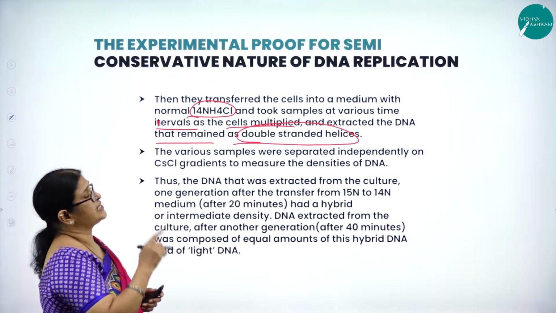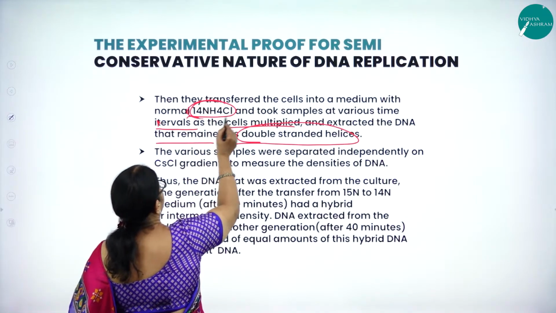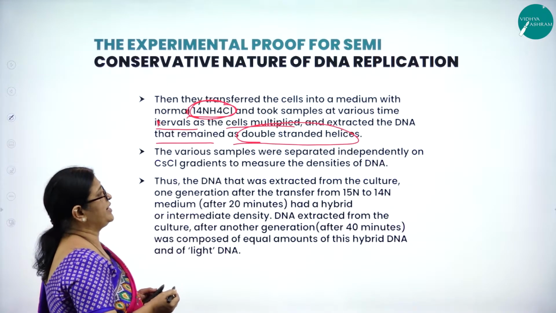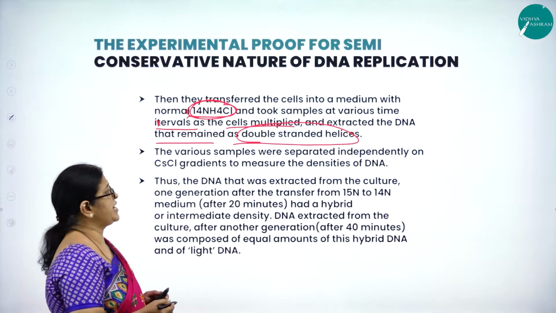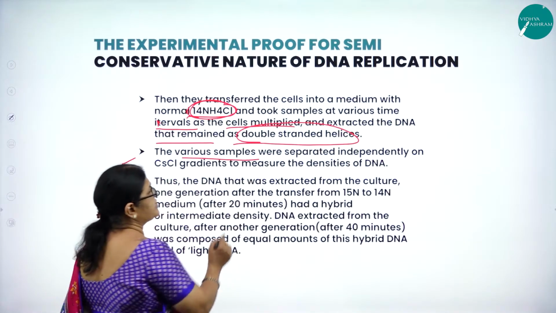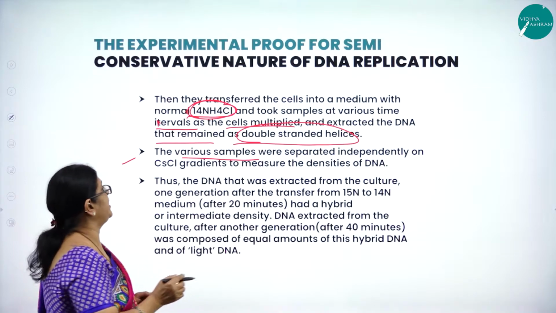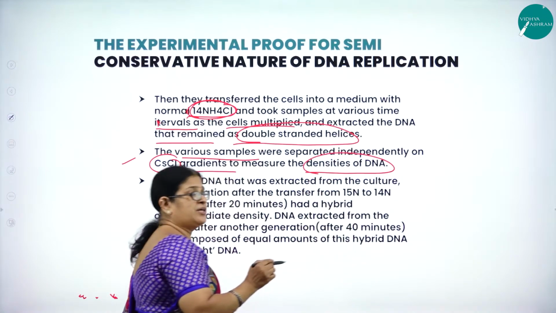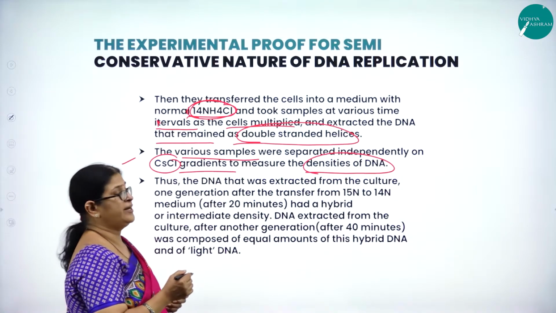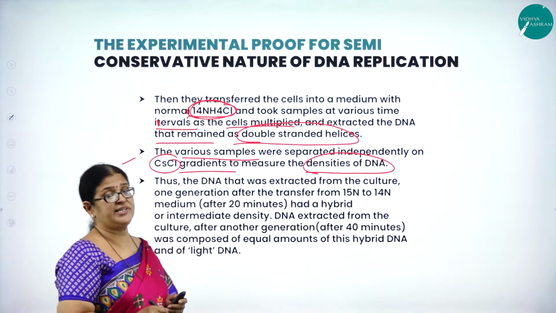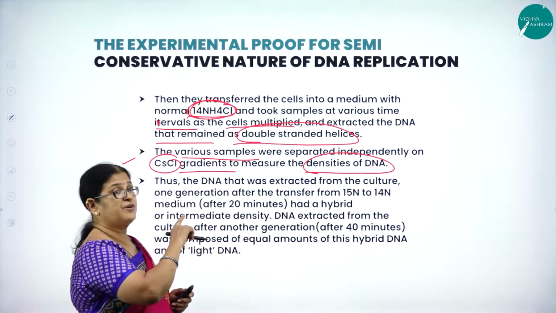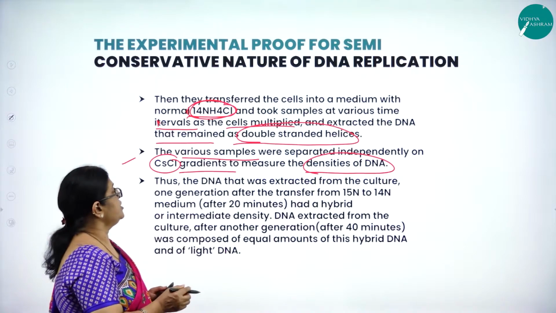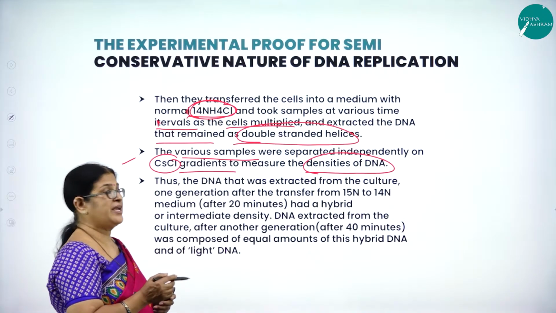Then they transferred the cells into a medium with normal 14NH4Cl and took samples at various time intervals as the cells multiplied and extracted the DNA that remained as double-stranded helices. The various samples were separated independently on cesium chloride gradients to measure the densities of DNA. Why was it passed on to the cesium chloride density gradient? To measure the densities of DNA after it was transferred to the normal 14 ammonium chloride nitrogen medium. With all this, they were able to prove